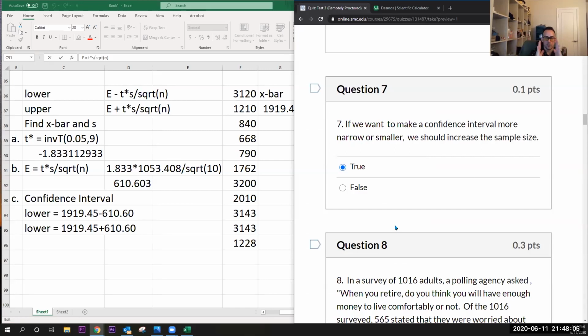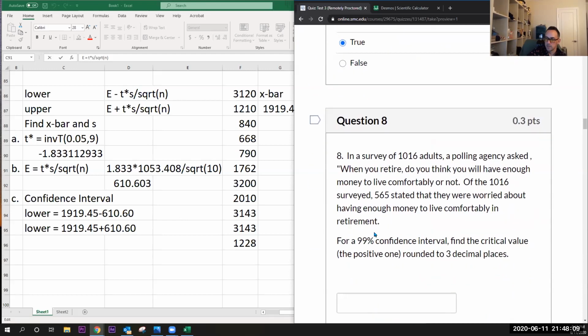You make it more narrow as you increase the sample size. That's good. Number 8,